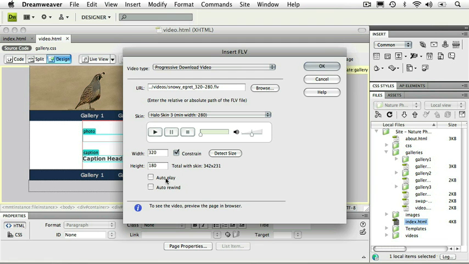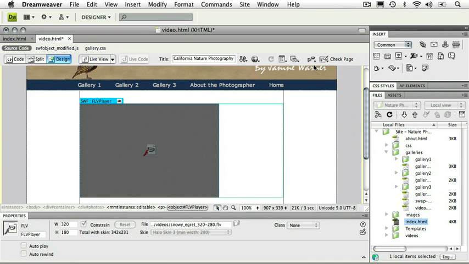Your final choices, autoplay, will cause the video to play as soon as the page is loaded. I actually don't recommend that you check this unless for some compelling reason you want the video to play as soon as it starts. In general, especially if your video has audio, I suggest that you give your users the option because a lot of people surf the web at work or other places where sound might get them in trouble. So I like to give people choice about playing video or not, especially if there's sound. Auto rewind simply rewinds the video back to the beginning when it's done playing. Again, completely optional. Once you've got all those choices made, click OK, and the video automatically inserts into the page